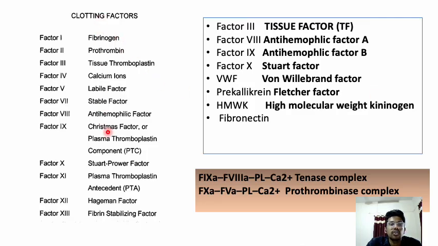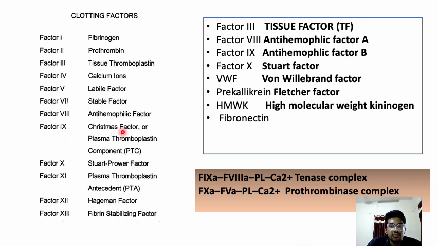These are the various clotting factors that I have depicted here. You might get questions, so please try to study important factors: factor 1 is fibrinogen, factor 2 is prothrombin, factor 3 is tissue thromboplastin, factor 4 is calcium, factor 5 the labile factor, factor 7 the stable factor, factor 8 the antihemophilic factor,